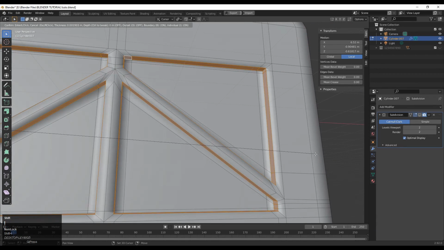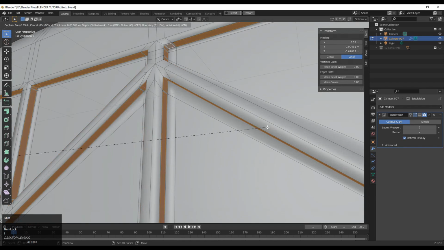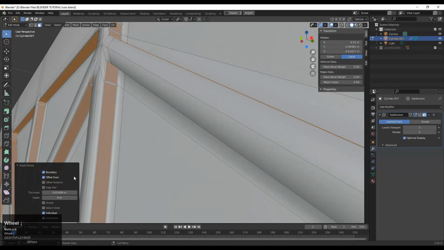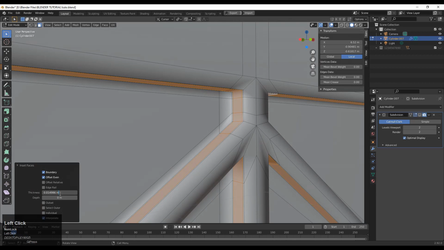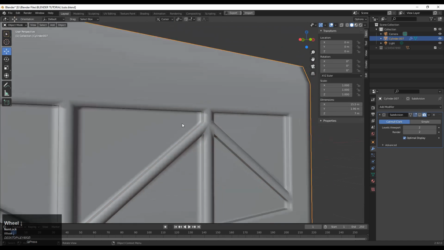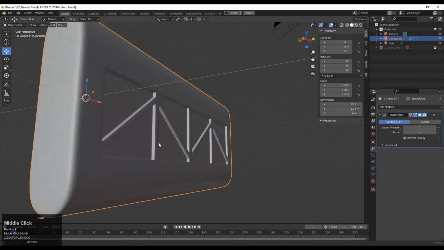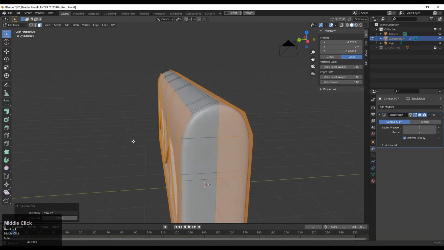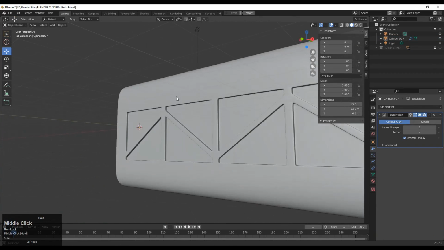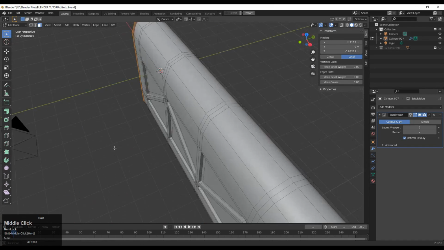So just select these faces and then press I for the insert operation. Make sure that the individual option is not on there for your insert operation. Give the proper thickness amount for your insert operation. And now that looks decent. Got the hard edges wherever it's necessary. And then select everything and then Mesh and then Symmetrize. So we will get the same design on the back side also.